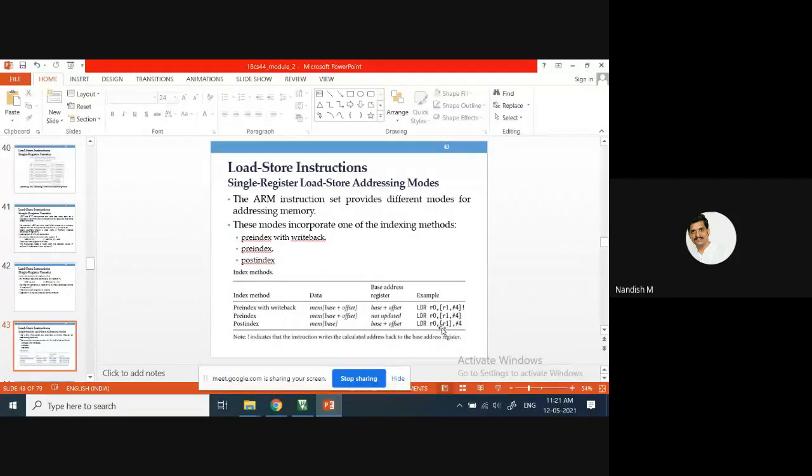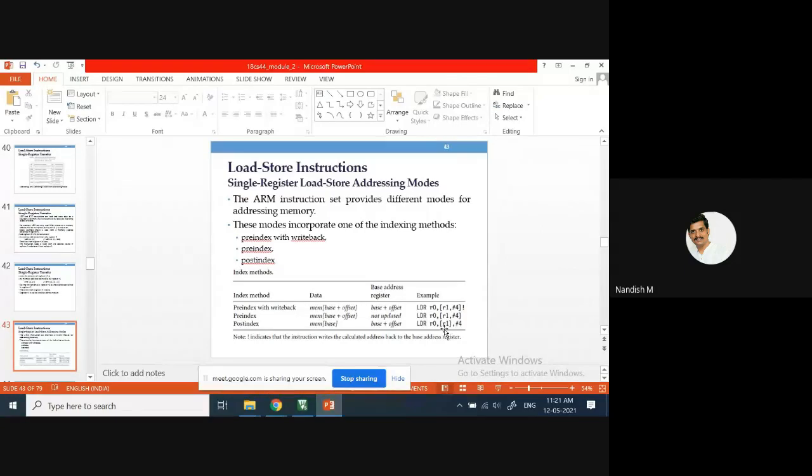Post-index is, see here, LDR R0, [R1], #4: R1 is within the brackets, and #4 is outside. In this case, whatever the content of R1 is, that address, the value at that location gets stored in R0.